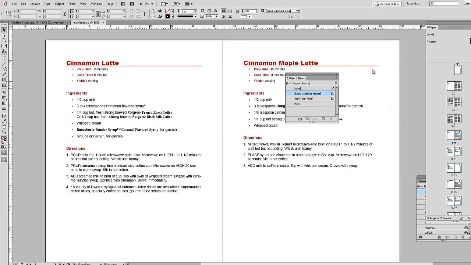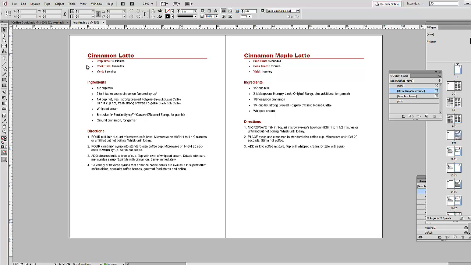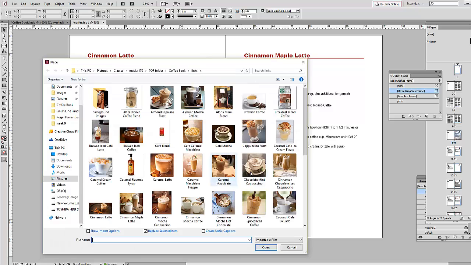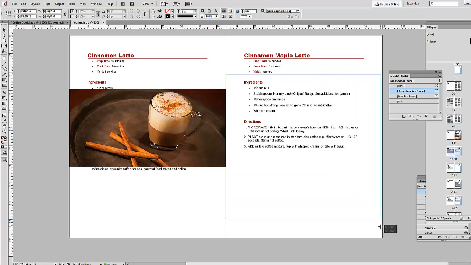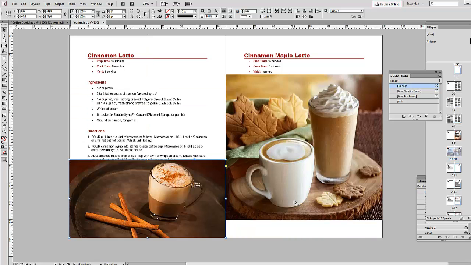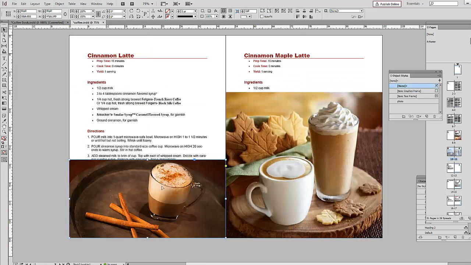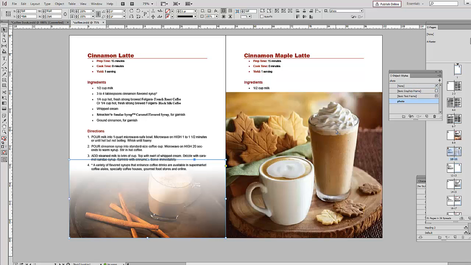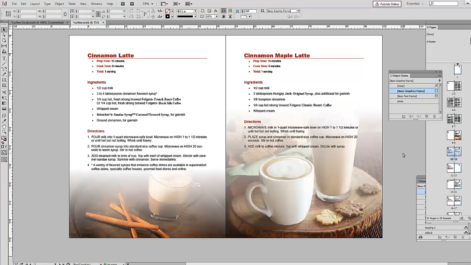We'll scroll to the next page and place two illustrations for Cinnamon Latte and Cinnamon Maple Latte. Again, I will go to File, Place, and find the illustrations for Cinnamon Latte and Cinnamon Maple Latte. And I will place both images. Again, I will move both images to the bottom of my page and assign the style I just created. That gives me consistency in the placement of the images, and at the same time it gives me a good visual